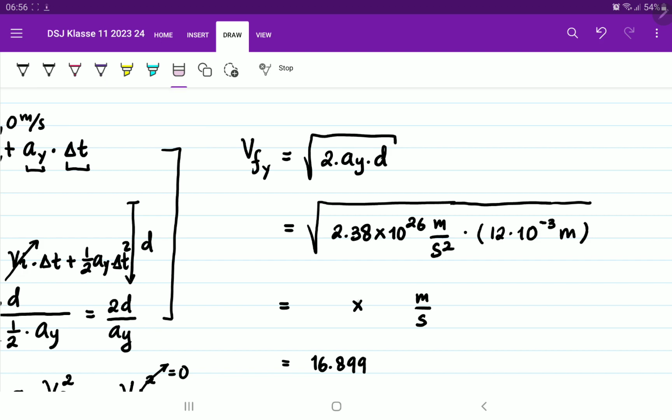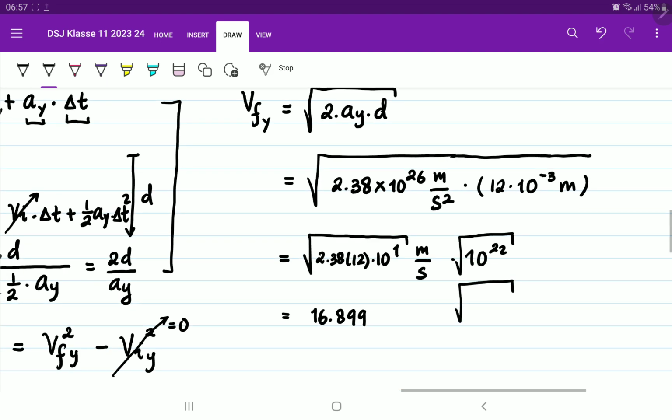So let me repeat again. What I just have done is that I multiplied 2.38 with 12, with a 10 to the 1, and then 10 to the 23, so 10 to the 22 under the square root. So now this has been 16.899, and 10 to the 22, the square root of it is 10 to the 11